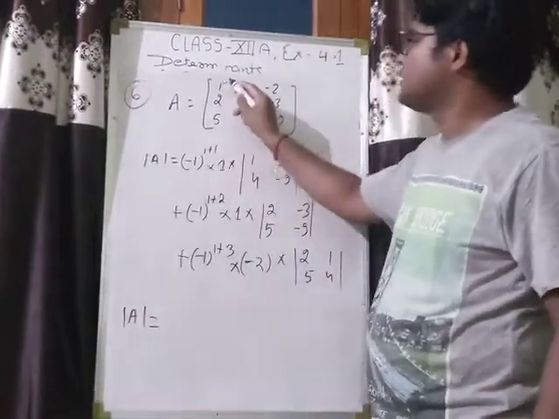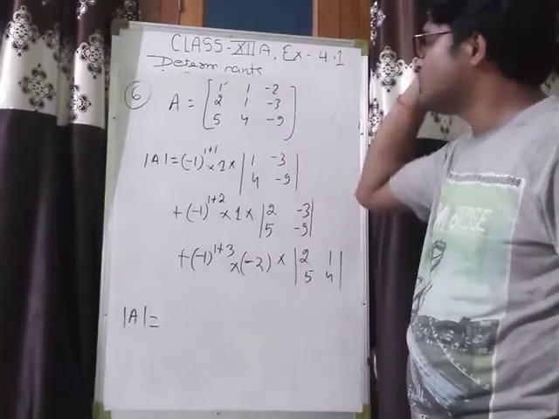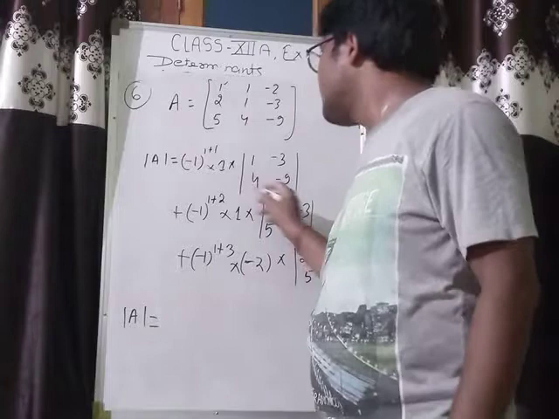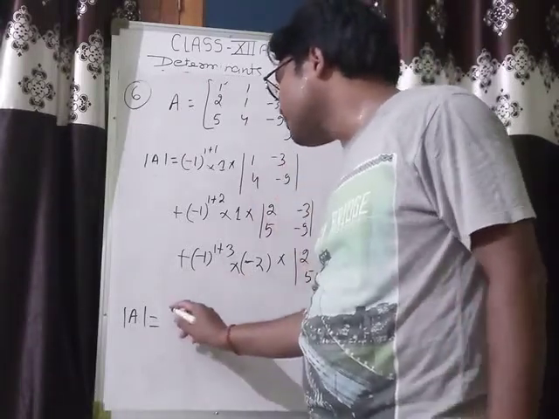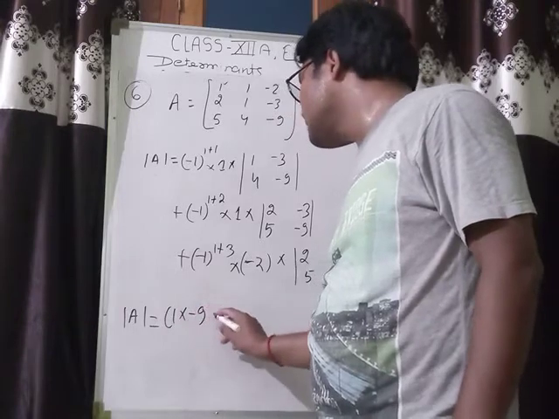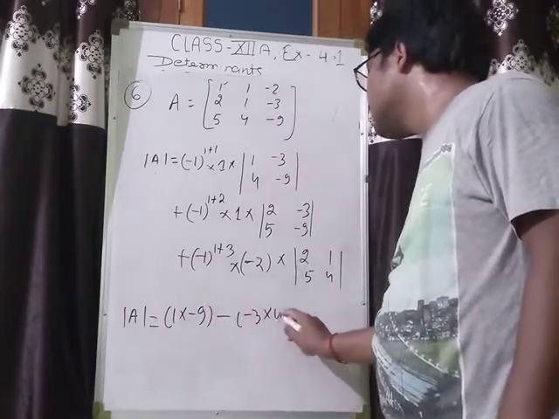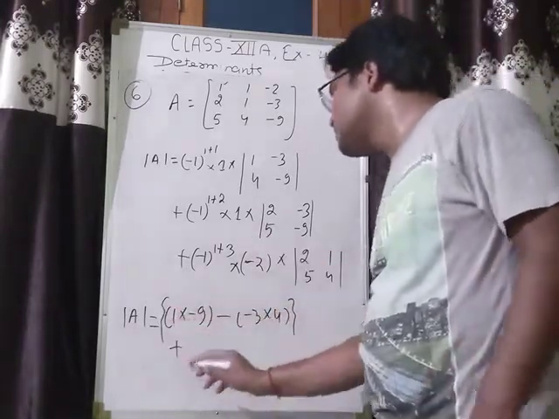आप देखो ये प्लस आएगा, इसके लिए पॉजिटिव आएगा, इसके लिए निगेटिव आएगा, इसके लिए फिर से पॉजिटिव आएगा. तो ये प्लस 1 हो गया, into 1, that will be 1. And now find out the determinant of this one. 9 into minus 1 into minus 9, 1 into minus 9, minus 3 into 4, this one.